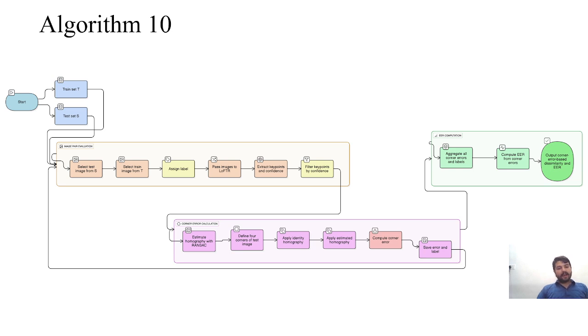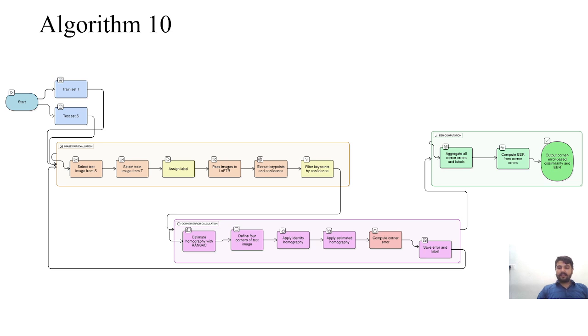Now I applied the estimated homography, and as a ground truth, I applied an identity matrix homography because initially I don't have any ground truth homography matrix. So I consider the identity homography, then compute the corner error